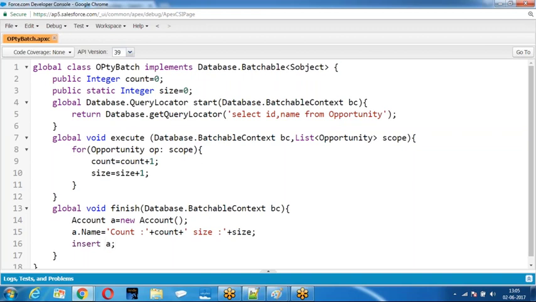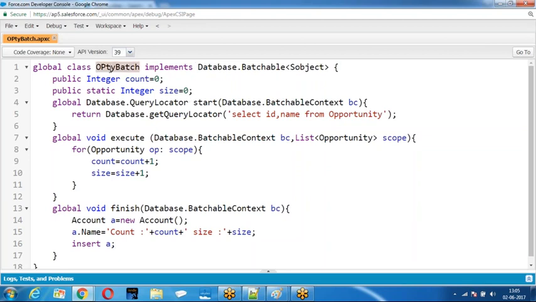Now, if the changes you made on count and size are transferred to other execute, the final count should be 34. If they are not transferred, size equal to 0, count equal to 0. If the changes made in one execute are transferred to other execute, the total count of number of operations should be 34. If they are not transferred, size should be what? 0.